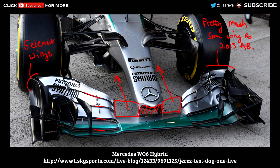Because apart from adding cascades on the front to add a bit more downforce, maybe channel it a bit more intricately to the rear of the car from to underneath of the car, you can't really do too much in terms of adding on elements of the wings. You know, putting on a 6-element wing or a 7-element is just not needed, and is really just going to create drag then. The nose has been shaped in such a way that they've got quite a small area underneath the nose tip,